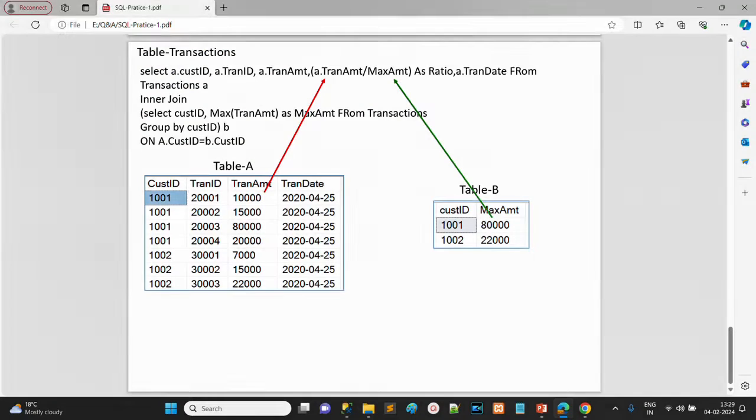Now we understand this with this diagram. As we discussed, we are creating two tables from one table with the help of the aliases A and B. In table A we have the main details, and in table B we have the maximum amount for each client. All the rows in table A are processed one by one, and every time each is joined with table B to fetch the maximum amount for a particular customer ID. So this is how we can solve the problem with the help of the inner join and the subquery.